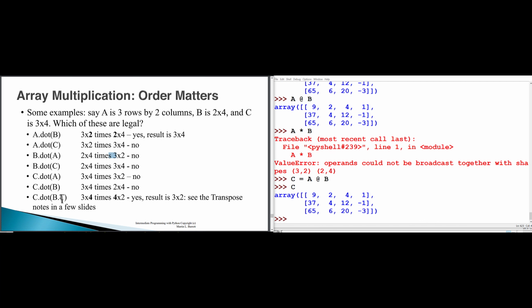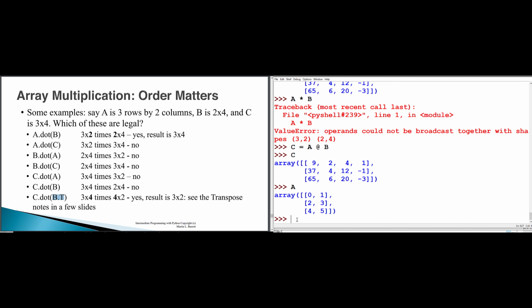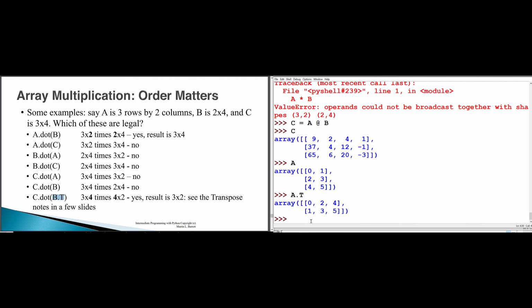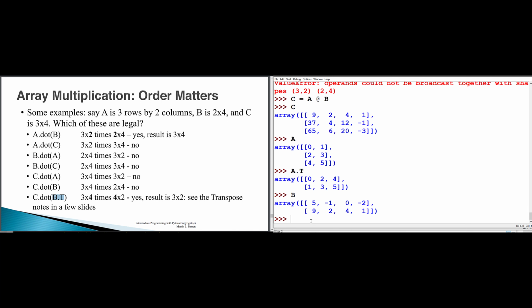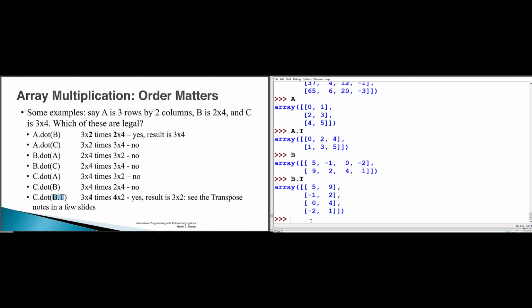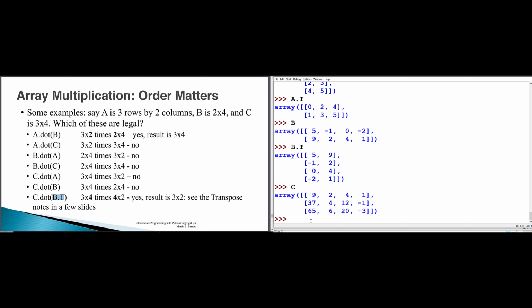All right, so most of these are illegal. Now, down here at the bottom, though, notice that you can ask for the transpose of a matrix in NumPy by saying matrix dot T. So A is 3 by 2, A dot T is 2 by 3. B is 2 by 4, B dot T is 4 by 2. Aha, and C is 3 by 4, so we can multiply a 3 by 4 matrix